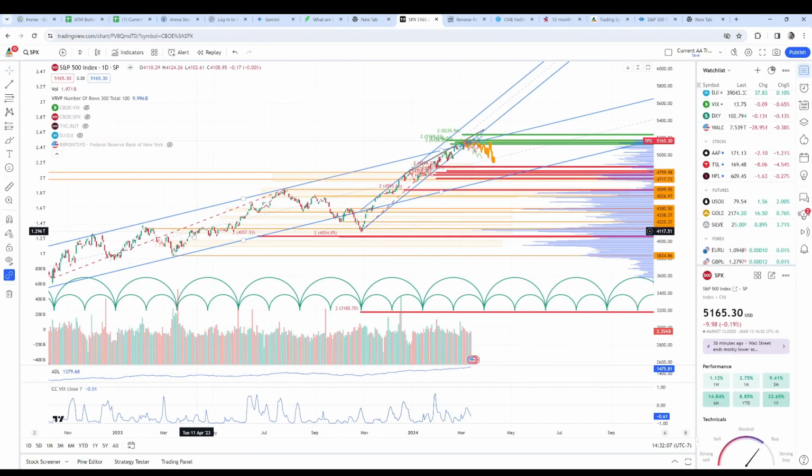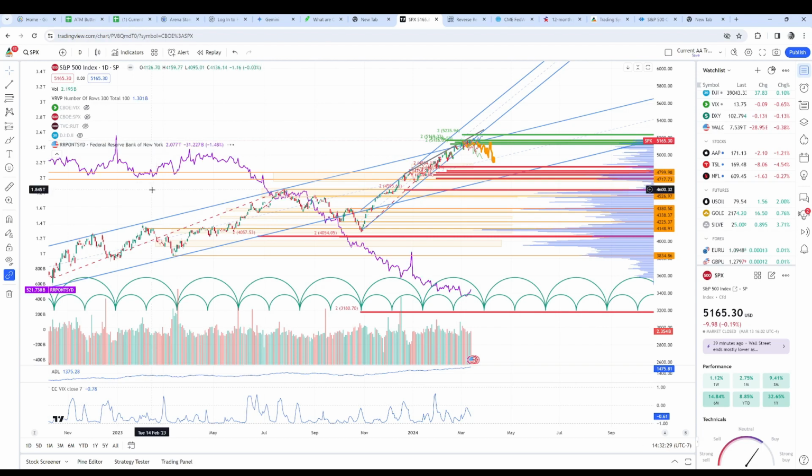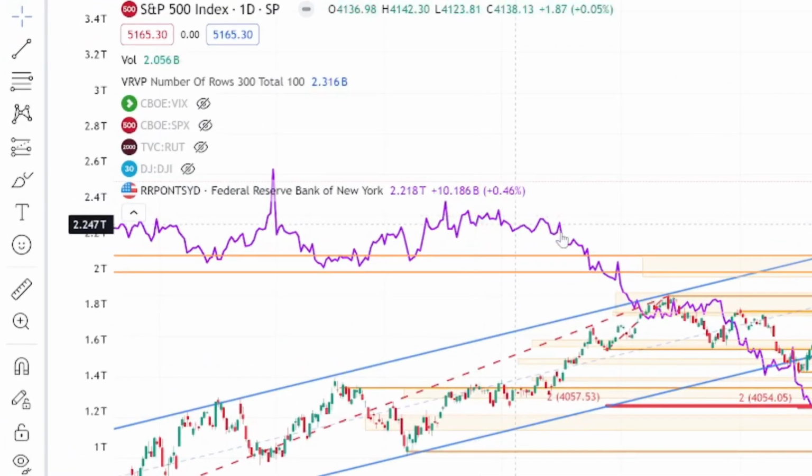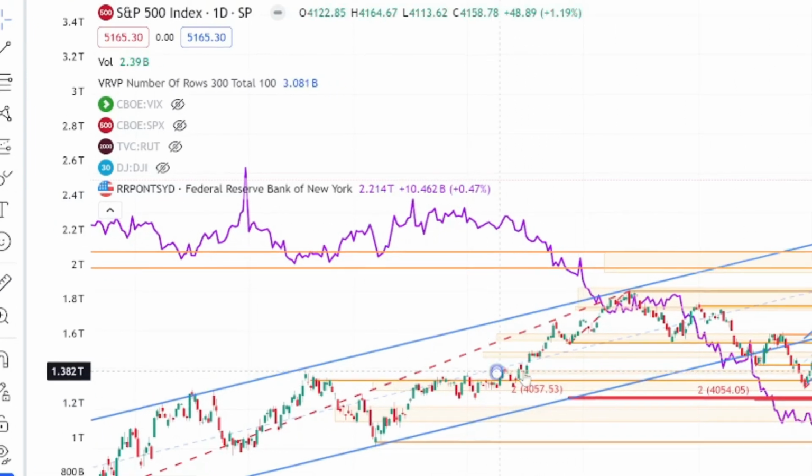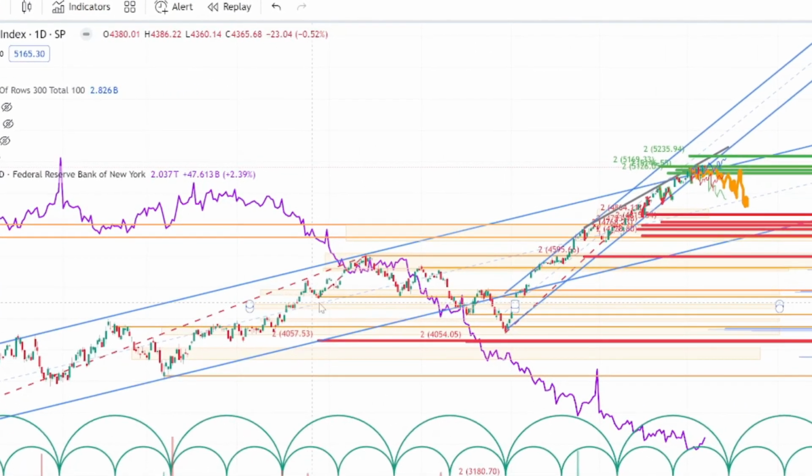All right, so where are we in the grand scheme of things? Well, we've had this big, long uptrend that's been going on for a long amount of time. I've talked about this before. This is driven not necessarily fundamentally through economic growth, but through monetary expansion. And that monetary expansion takes the form of the 2.4-ish trillion dollars that was in the reverse repo market. That has been slowly being drained into the financial markets, so it's creating asset inflation.